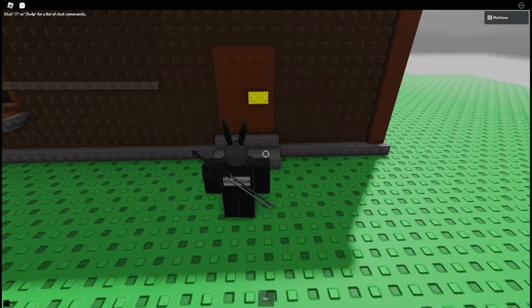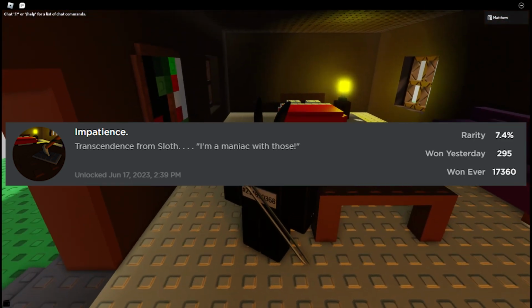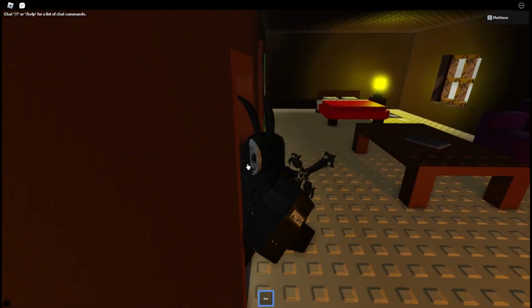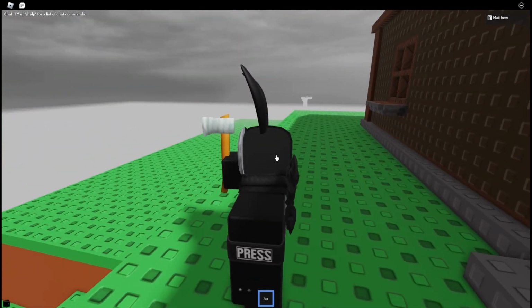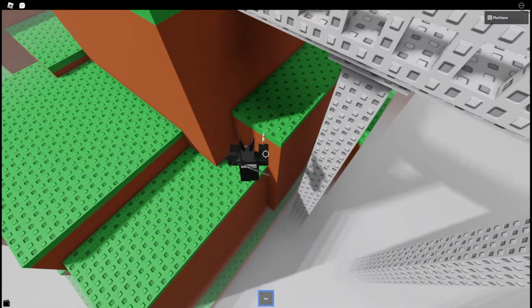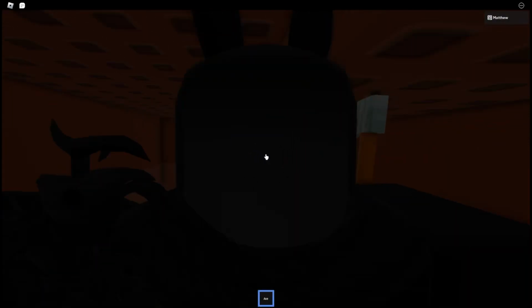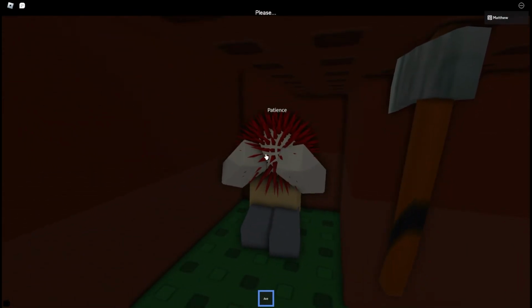So how to get the Impatience badge is basically going through this door and getting ourselves to X. And, well, if we go back to Patience, we need to kill him with this. So if we go back down onto the bridge, over here, while holding X while he's talking,